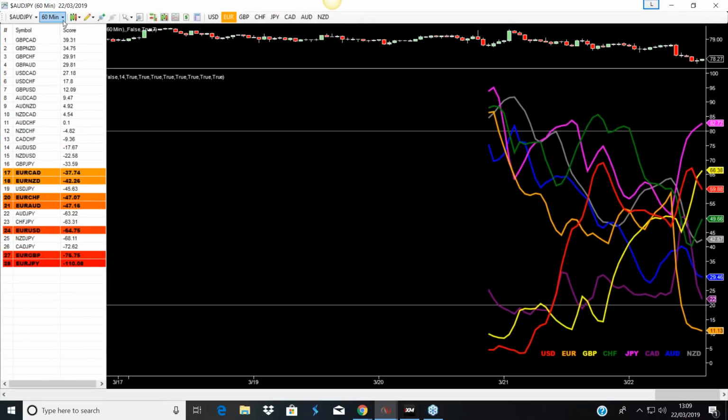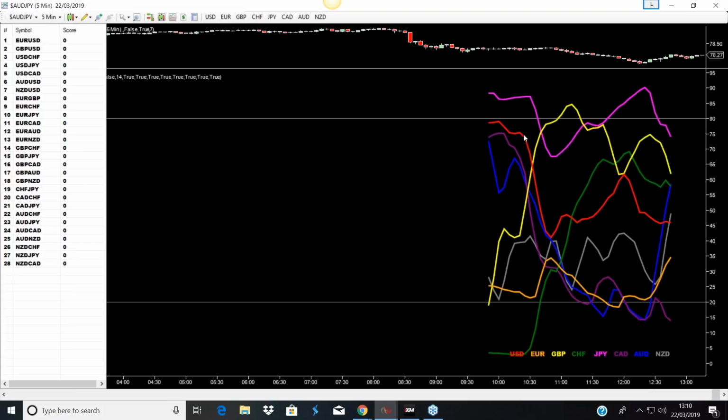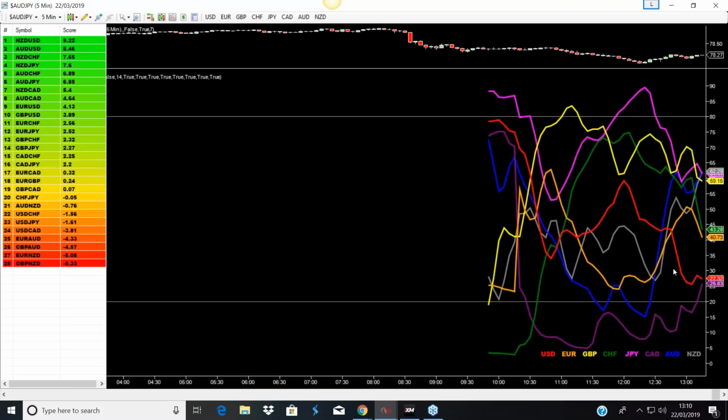On the CSI here, which is interesting, this is a 60, you've got them at these extremes. The pair that's at extremes is the yen and the euro. The euro looks as though it's turning up. Let's move down the time frame. Let's go to the 5-minute chart and have a look at what's happening here. In fact, there's a little bit of a turn.